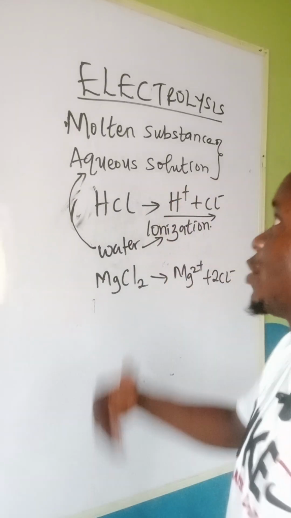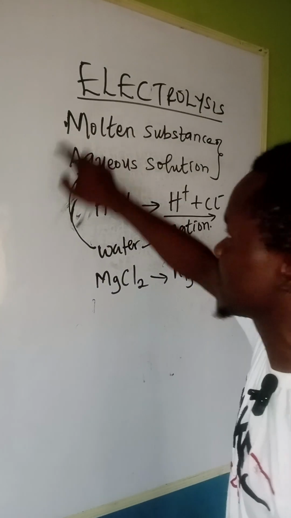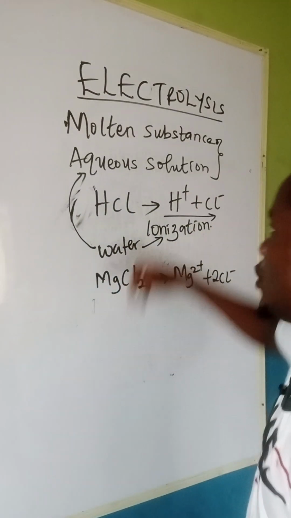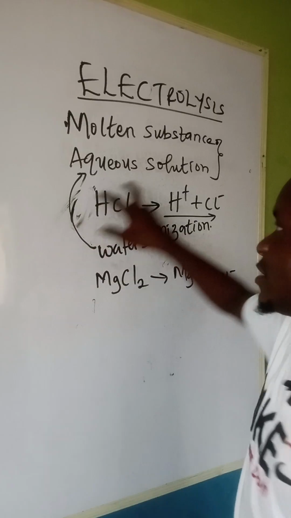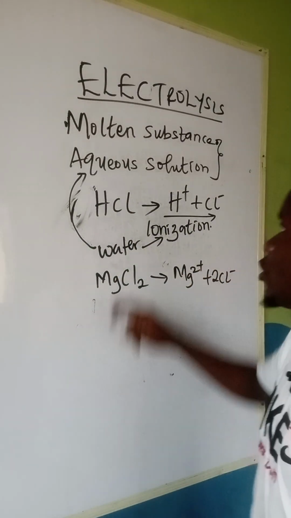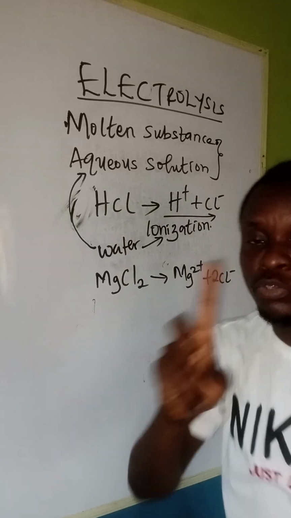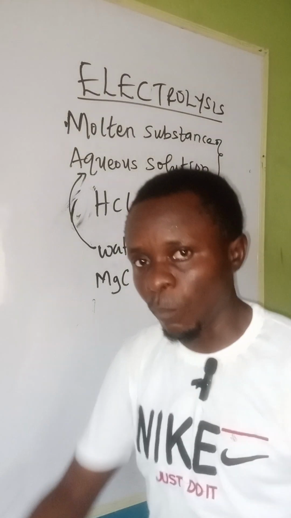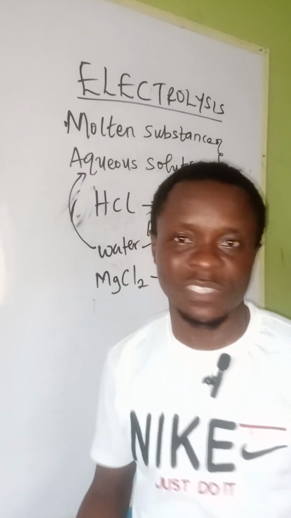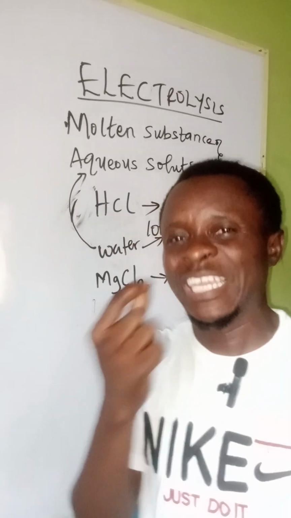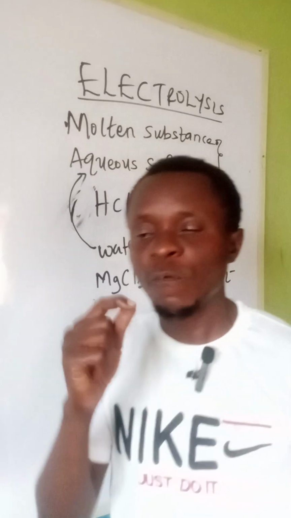So if we now define electrolysis in terms of these two, you will now know the reason why we are using molten substance and aqueous solution. But note that it is not all molten substance that conducts electricity. It is only the ionic molten substance that conducts electricity. The covalent molten substance does not conduct electricity. Example of that